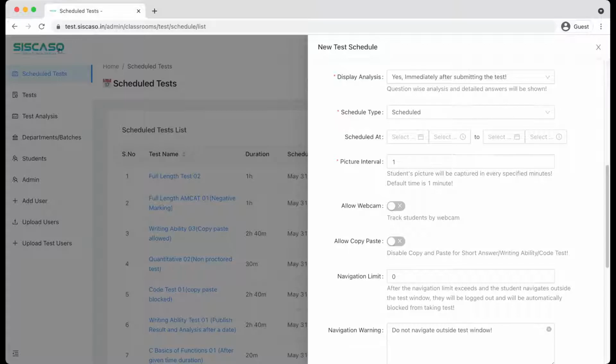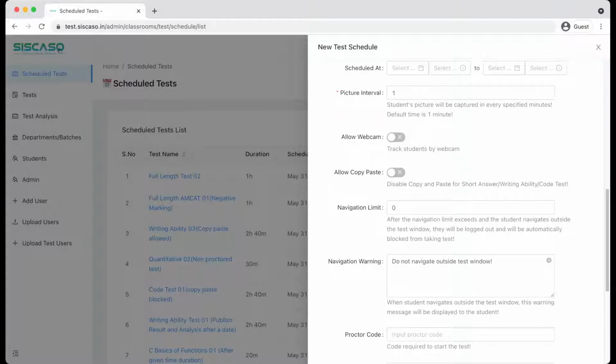Now, one important feature when it comes to the assessment platform: people will often navigate to another portal, then come back and start answering the questions. By default we recommend allowing 20 to 30 times. If you are specifying the navigation limit, the maximum could be 20 times. Why 20 times? It's very simple. If they are facing difficulties with the internet or other technical issues, it is okay if they navigate to another window, but they will always get a warning whenever they come back to the test platform.